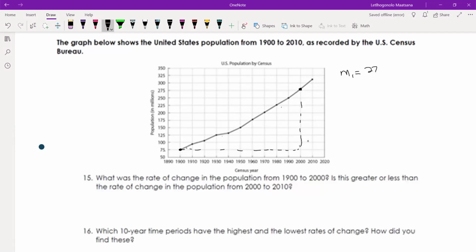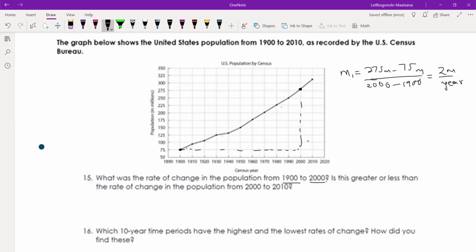We had 275 million minus at the bottom, we have 75 million, and we will have a difference of 2000 minus 1900. Let's plug that into the calculator. And that's going to give us 2 million per year. So the population increased by 2 million per year between